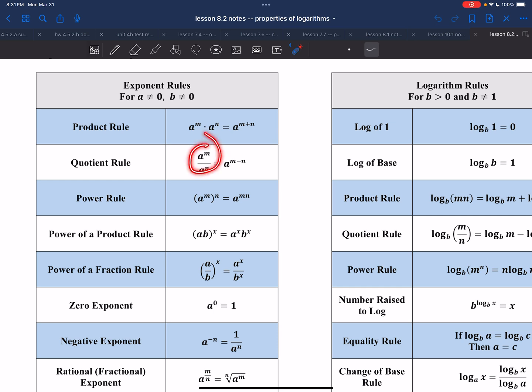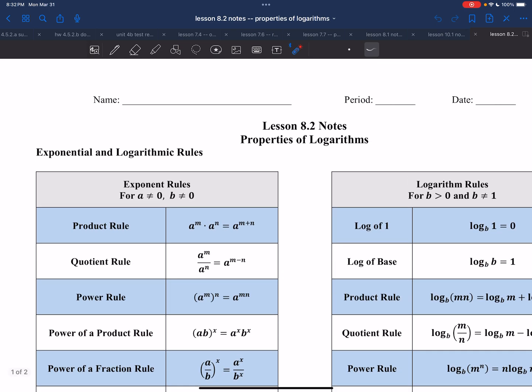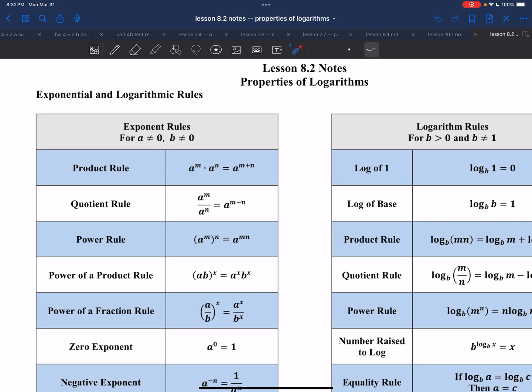Similarly, with division, you subtract the exponents and so on. You can pause and maybe read through these. Raising a power to a power, like x squared to the 7th, that would be x to the 14th. That's a situation where we multiply. There are also the zero power rule, negative exponents, and rational exponents, as talked about in Unit 6. So these are all the exponential rules that we have to remember, recall, and use throughout this unit